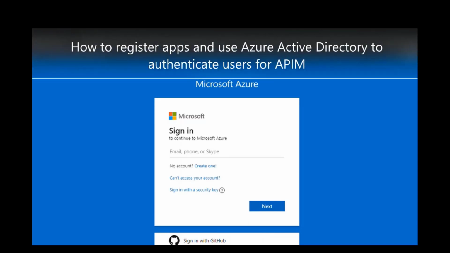In this video, you will learn how to register apps and use Azure Active Directory to authenticate users for Azure